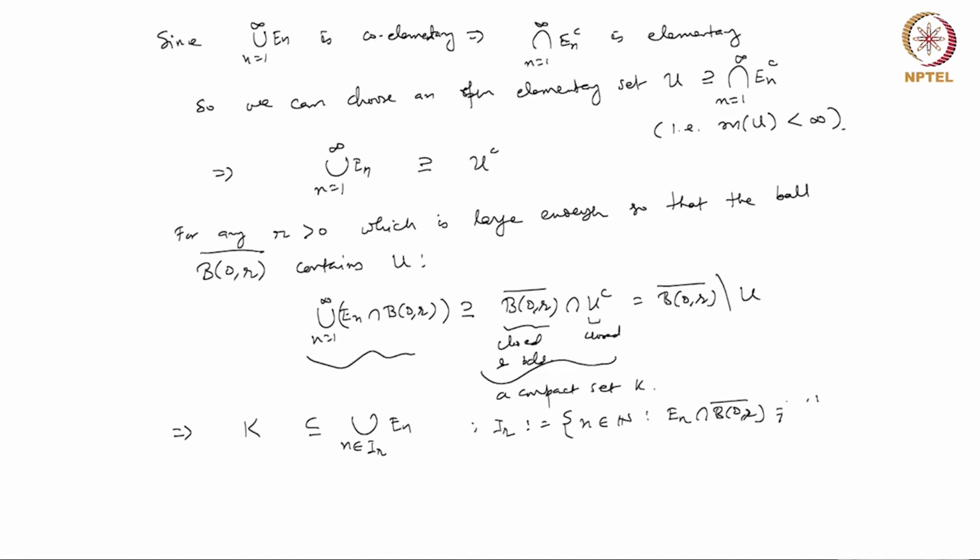So now if IR has finite cardinality, then we can use the finite additivity property to conclude that the measure of K is less than or equal to